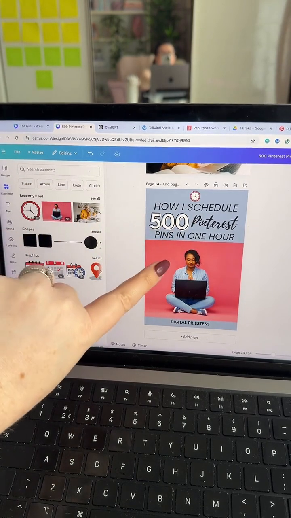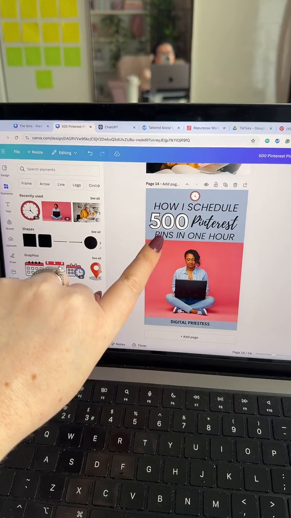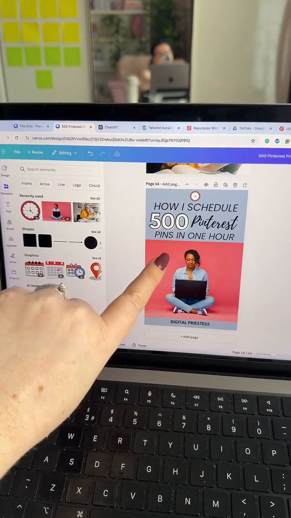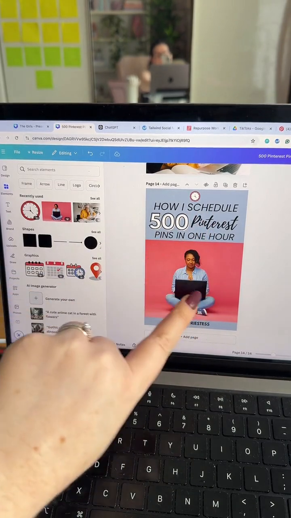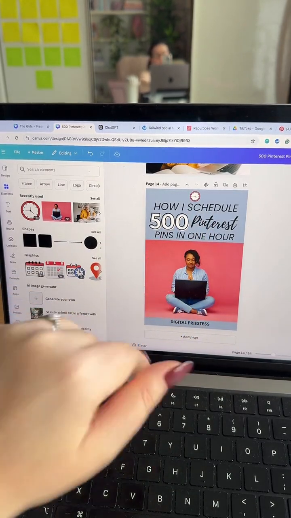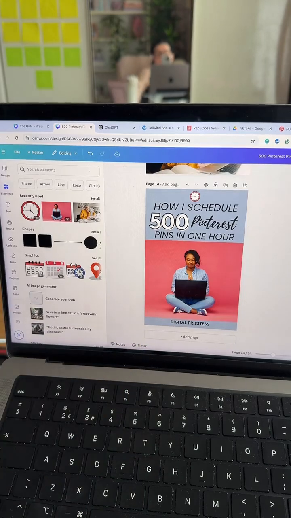It's a blog post, but in there is my affiliate link to sign up for Tailwind, and maybe some other affiliate links as well, I can't remember. I want to make sure this is going to be ranking on page 1 of Google, and that's my goal. So until it gets into page 1 of Google, I'm going to pin to it every single month. Every month I go in and pin a lot of the same pins I will have pinned last month, not the same pins, but the same links.